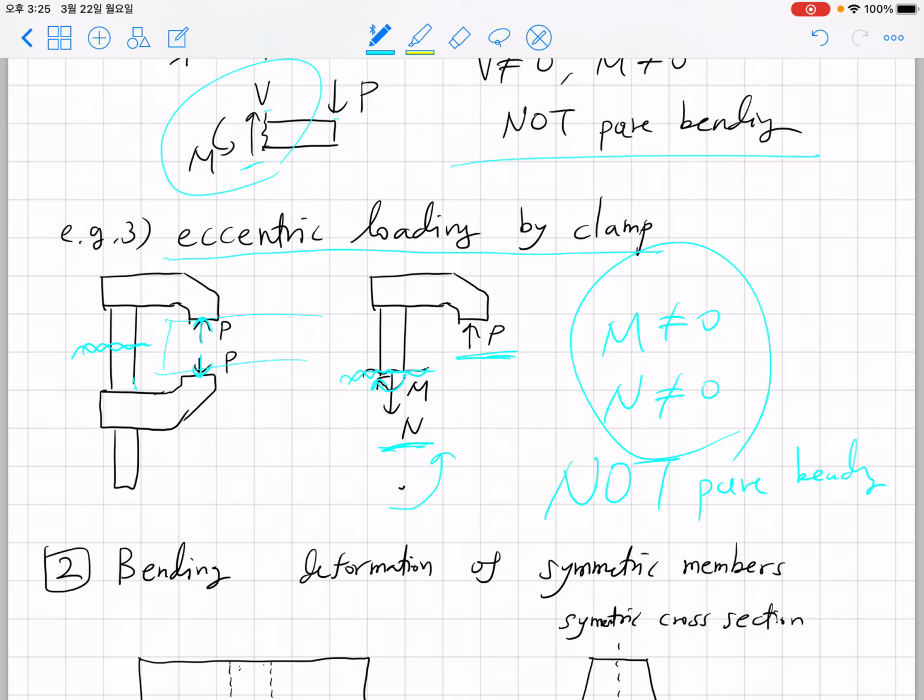problem. Okay, so as you can see in many examples and many small video lectures, the basis of doing ME231 is you need to know how to draw a free body diagram. Only after drawing a free body diagram can you do statics analysis. Only after statics analysis can you correctly decompose the problem into several small problems and correctly define what kind of loading it is. Okay, so as I told you, please do a lot of practice on drawing correct free body diagrams,